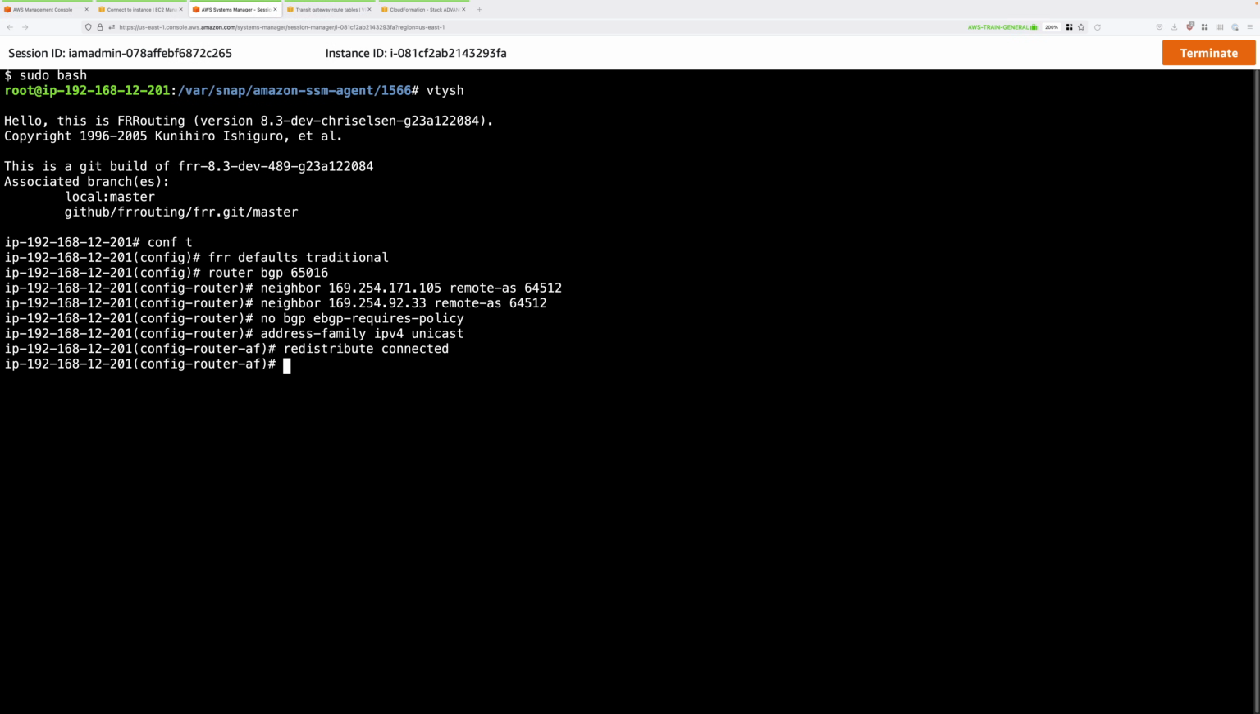We've configured this instance of BGP to communicate with two different AWS neighbors and configured our instance of BGP to redistribute any networks that we're aware of. So all that remains is to exit this, save the config, and then restart this router to initiate the session with AWS. So type